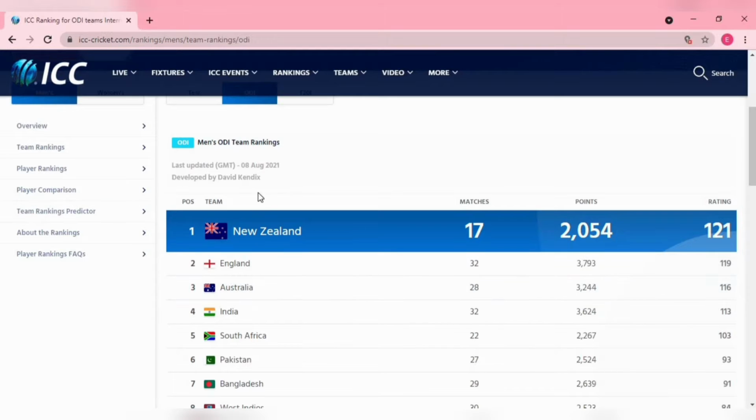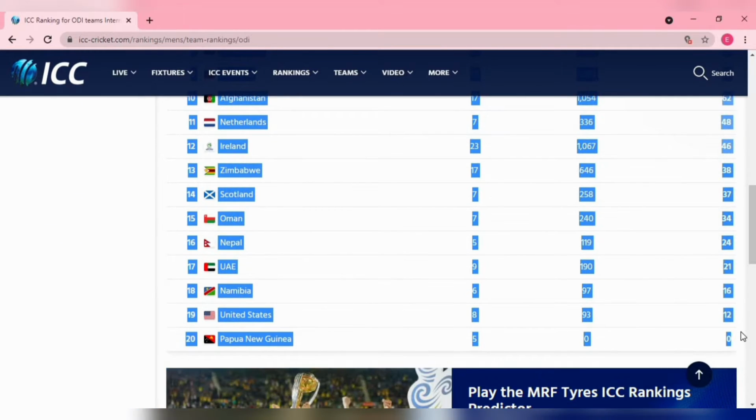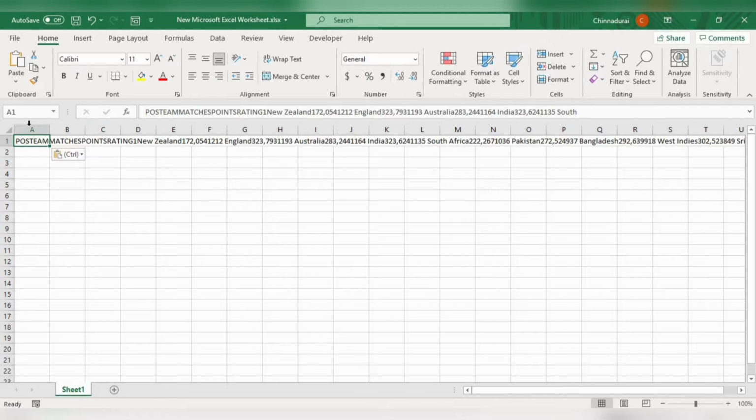Now the normal method: we will just copy the data from here and paste it here. Whenever you copy from a web browser and paste into Excel, if it is not in a proper table format, this will throw the information in an unstructured way.